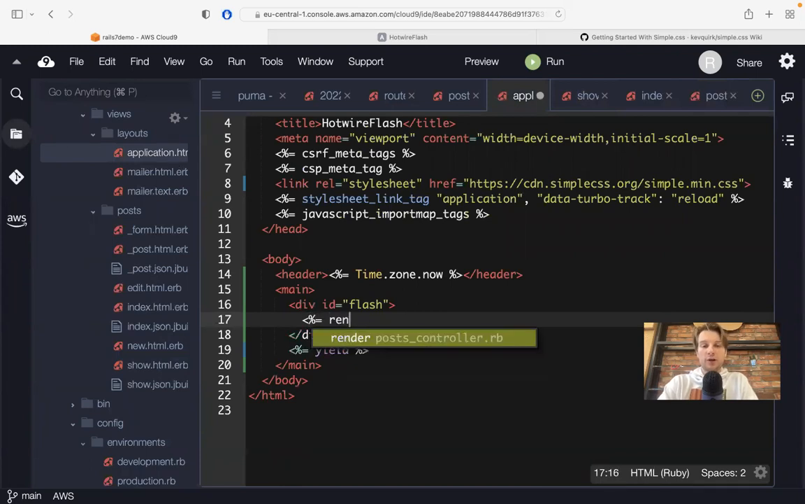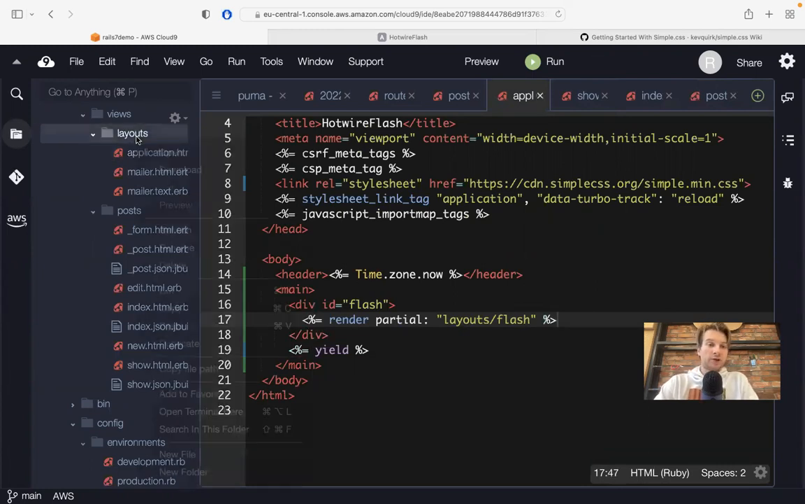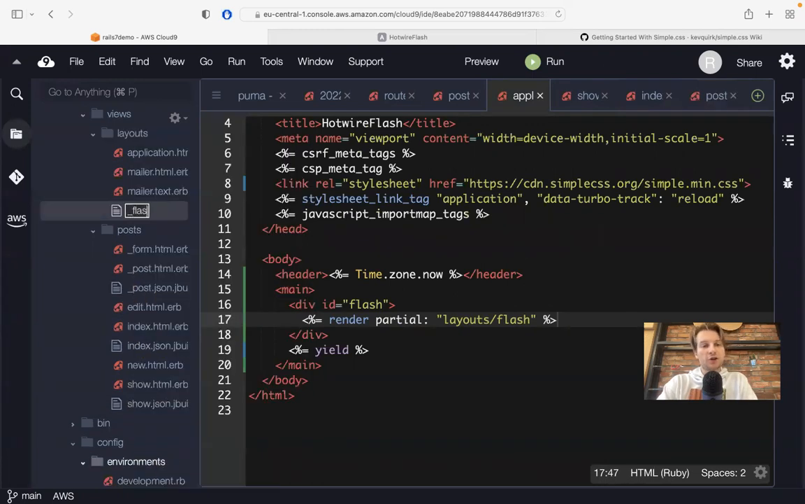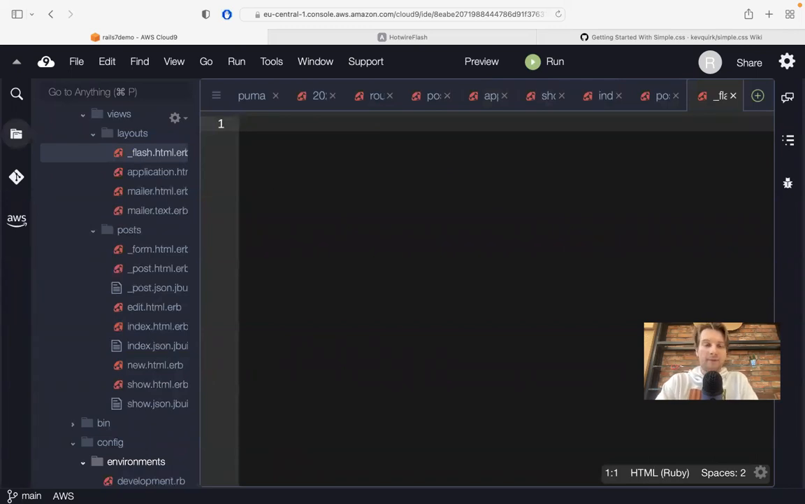So we'll say render partial layouts Flash. And we are going to create this partial. So we are going to create a new file underscore flash.html.erb. And inside, we are going to have